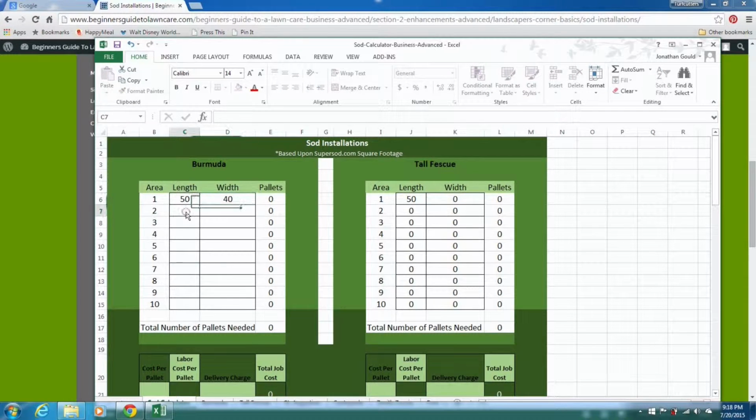Say the side yard is 10 feet by 20 feet on each side of the yard. And let's say you have a backyard that's 50 feet by 50 feet. Now what you're going to notice here is when I punched in those calculations, you only punch it in